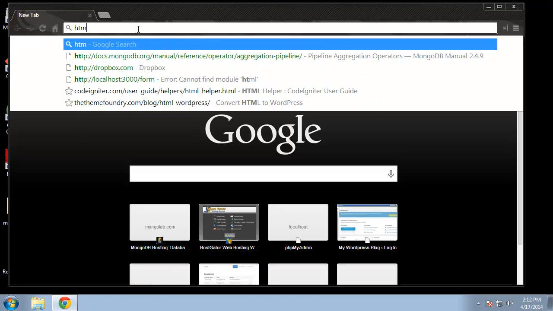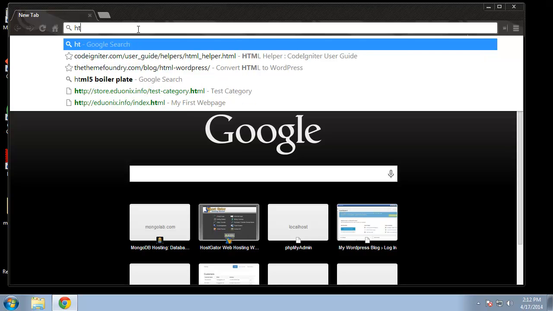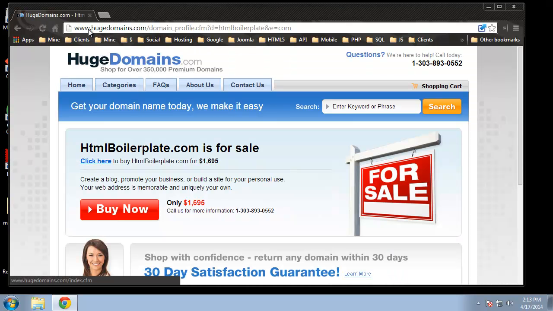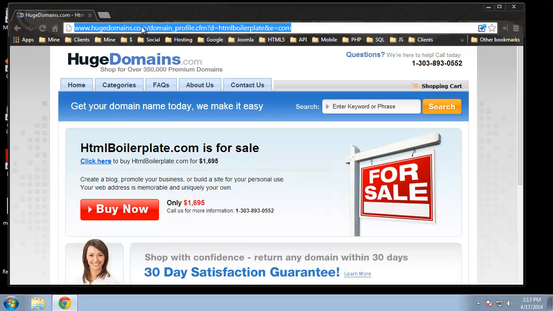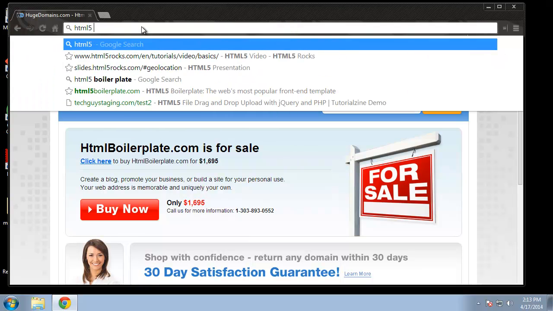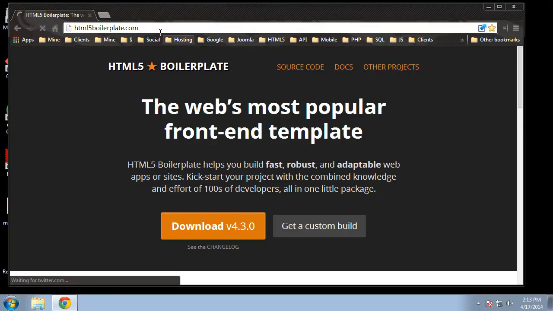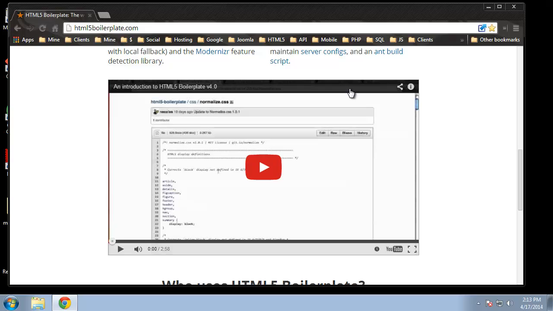and the URL is, I believe, html5boilerplate.com, or not. Alright, let me just search for it. Okay, so I must have forgot. Oh, I forgot the 5. So it's html5boilerplate.com. Alright, so I would highly suggest going here and going through the documentation and maybe watch this introduction video,